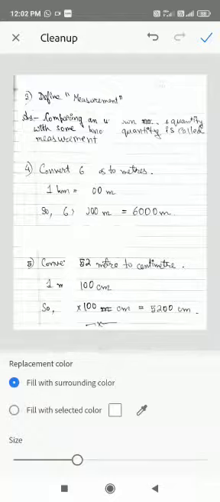How can we undo it? Here at the top is a button for redo and undo. So I am redoing it. Sorry, not redo, I am undoing it. See, the page has come again. Now I am cleaning up the parts. You have to clean up very carefully. I have cleaned it up. Then I am clicking on the tick button.